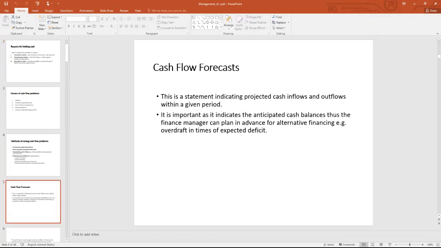Now, as mentioned, one of the tools that we use in cash management is the cash flow forecast. With the cash flow forecast, we want to determine, in the next 3 months, the next 4 months, maybe a few days or weeks, what is going to be the need for cash for the company and what is going to be the cash source of the company. You want to quantify in the next few days or months the total cash consumption and the total cash you're going to be generating.